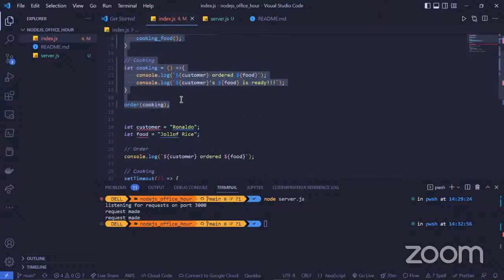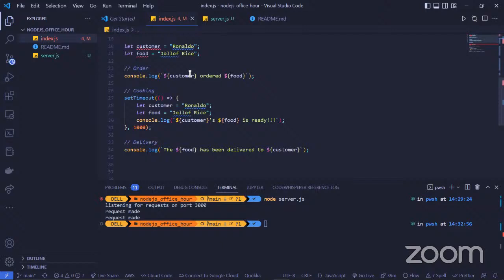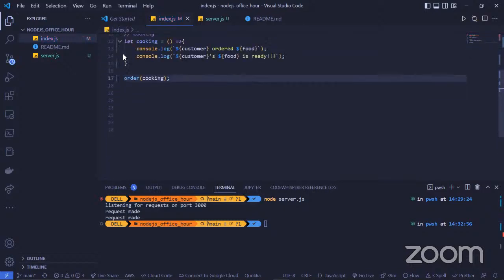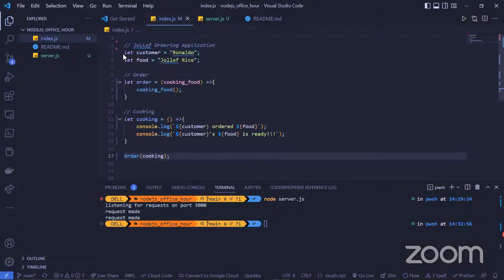And with that, we can clean this. Okay. And let go of those codes. Yeah, so this is the simple version of our code. Okay. We can take this out of here and put it here.